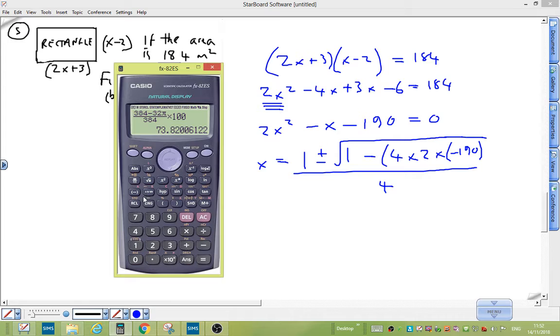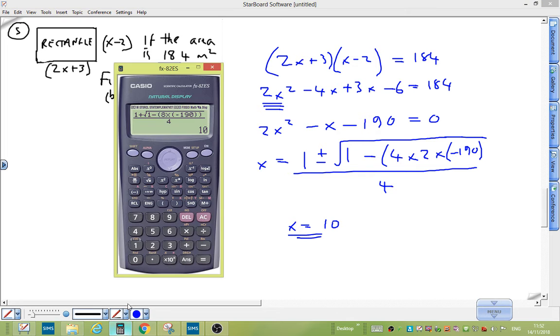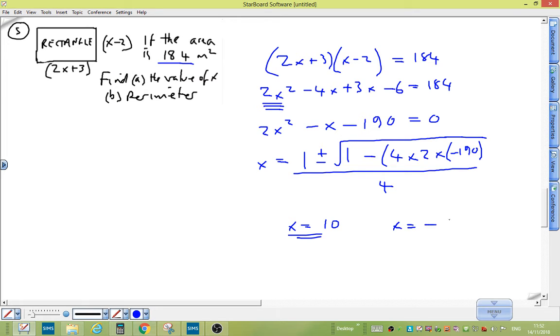Okay, I get two answers. One that's impossible, and the other one's going to be the one I need. Let's have a look. See what I mean. We've got 1, plus the square root of 1 minus open brackets 8 times brackets minus 190, close brackets, over 4. And I get my first answer as x is 10. And my other answer, if I replay it and subtract, I get x is minus